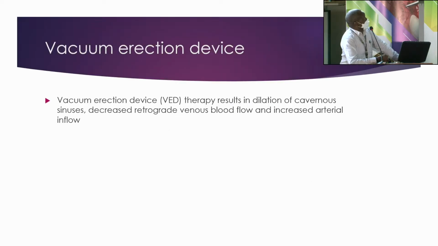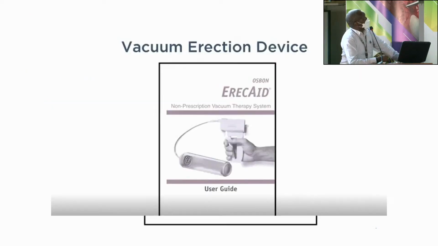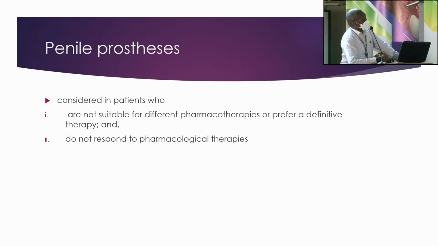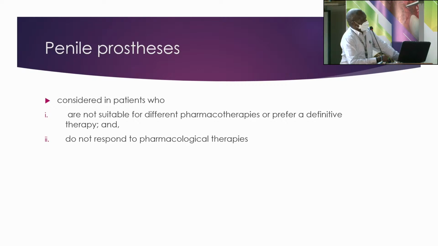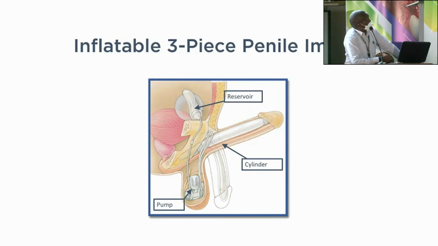Then you can have the vacuum erection devices that are also available. The essence of vacuum devices is that they draw blood, and then you are able to achieve an erection. Then penile prosthesis. These are available as either 2 or 3 piece. You can also have the malleable and the mechanical prosthesis. They are quite expensive, and these are indicated in those patients who are not suitable for these other forms of